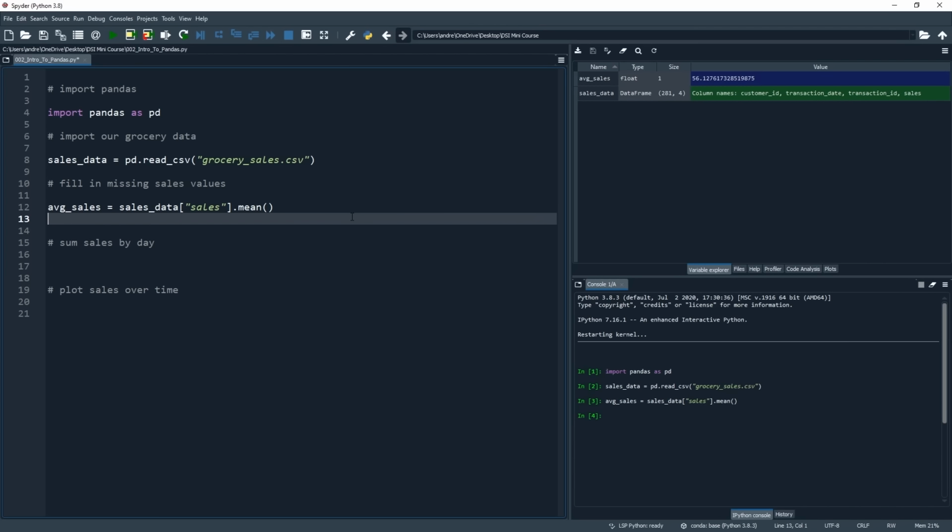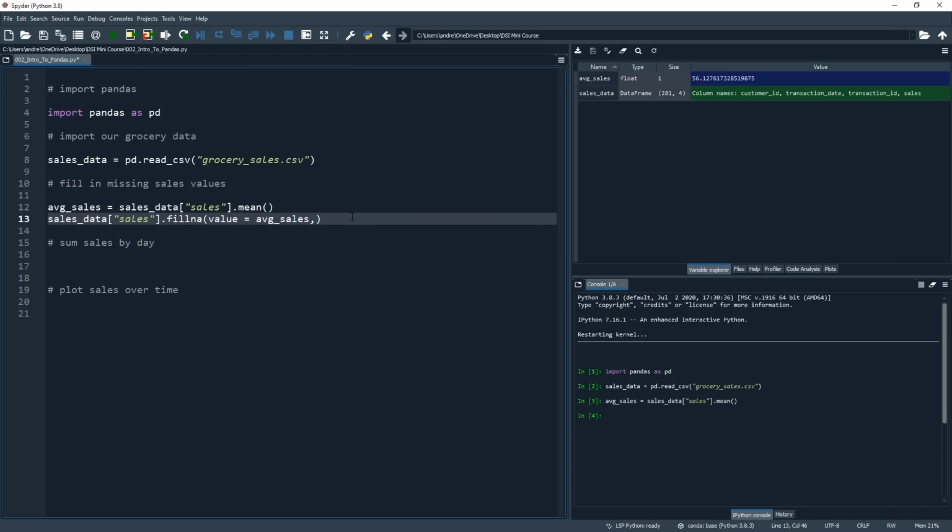Now we have this value, we want to use the fillna functionality. And to do this, we can just type sales_data and then square brackets and again in quotation marks sales. So here we are specifying the column that we want to apply this to, and then after that square bracket we're going to put dot and the name of this functionality, which is fillna, and then parentheses. Within the parentheses we want to specify 2 parameters. Firstly, value, and we're going to set this equal to our average_sales object. So this is us telling the fillna method what value to use when it comes across missing values in that column.